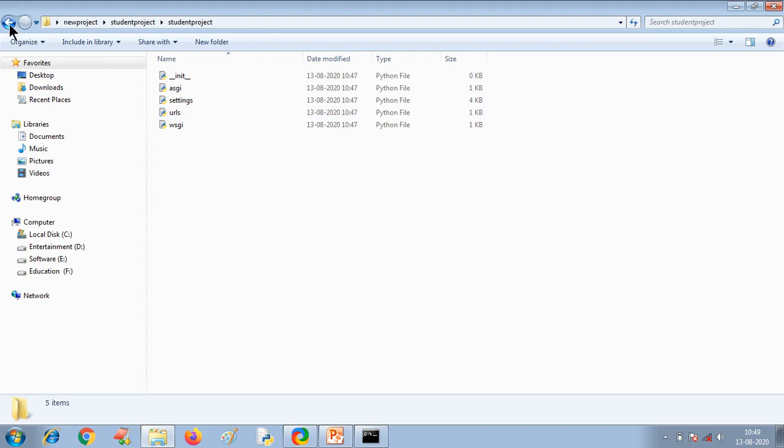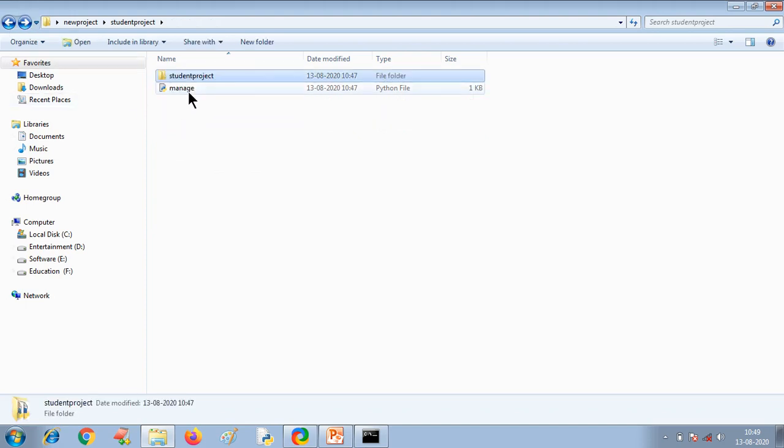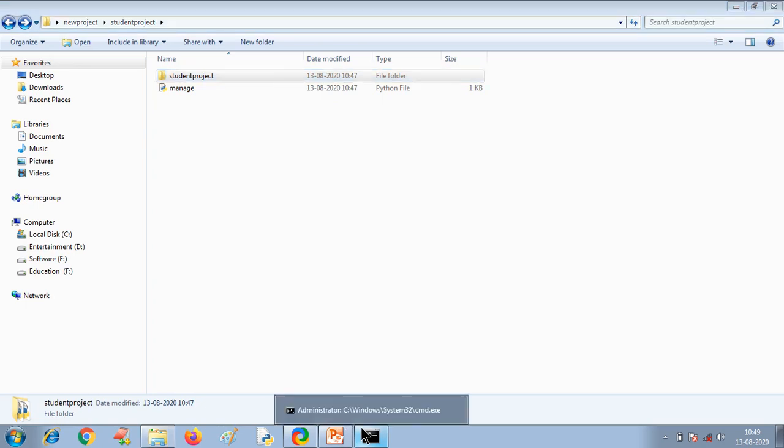Similarly, a manage.py file is also very very important, because when you want to run your server, when you want to run your project, you need this manage.py. So when you execute this manage.py, automatically your project will be run, right? See here, I'll show you.